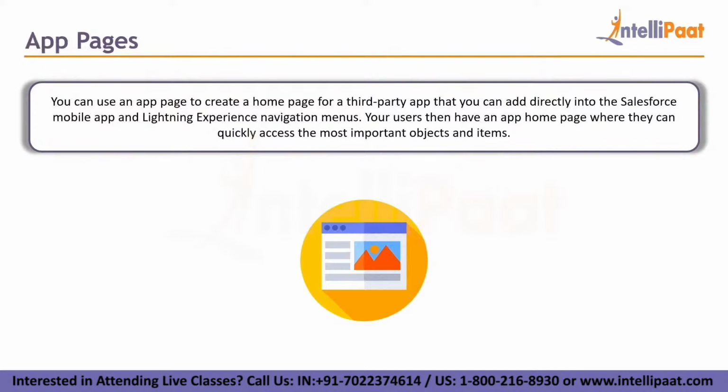There are three different kinds of pages in Salesforce. When you're talking about Lightning pages in applications, you can have a home page, a record page, and an application page. The home page is what we saw, the Sales home page, where everything with respect to the Sales application can be found. Other than that, you can have an application page where you can spawn different things with respect to an application. You can use this page to create a home page for a third-party application, and you can directly add those things into your Salesforce Lightning web application as well as your mobile application, without any ifs and buts.